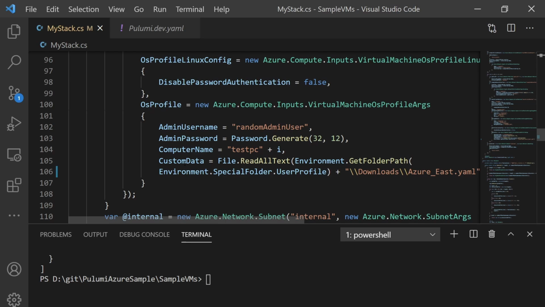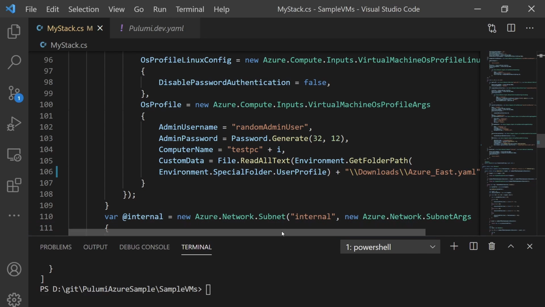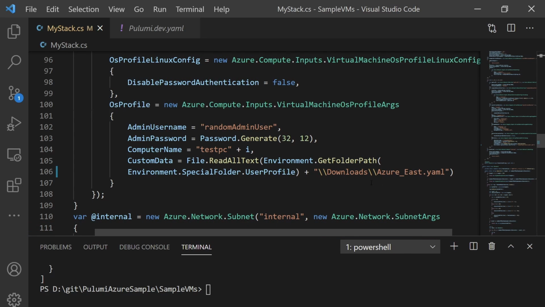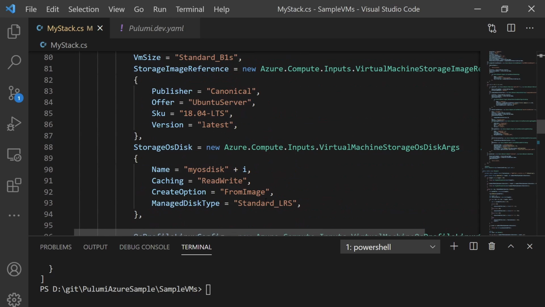And then for custom data, this is where you send the cloud init. So by default, we have it that it'll go to your user profile /downloads, and then in here you have to set the download name of your policy or however you save the file, and you can change this to be the folder wherever you want. We just set it up because most people have it in downloads, so we set it up as that, and that's basically it. So after that, we can just do Pulumi up,